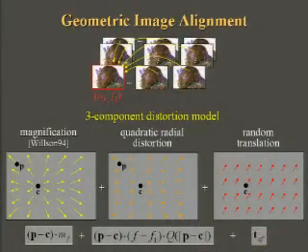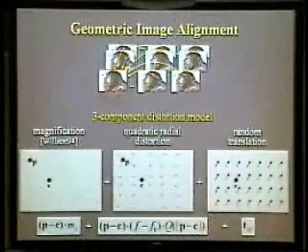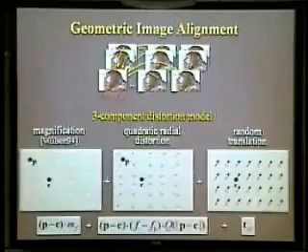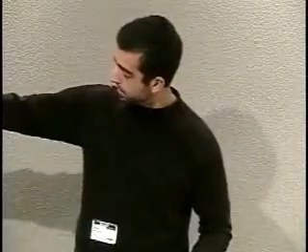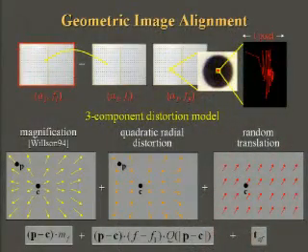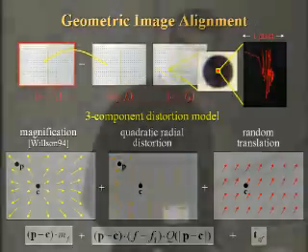Before we can actually apply these criteria for shape recovery, we have to align our input images, both geometrically and radiometrically. So we model the subpixel distortions that happen at high res when you change the focus setting. There are three main components here. The first is the standard magnification factor, which happens as you change the focus setting. Second, we have this quadratic radial distortion term, which also has a linear term related to the focus setting itself. And finally, we have a random global translation that changes from image to image and is based on such things as the camera shaking around, even on a tripod. So for very high-res images, this can be large, up to a pixel.